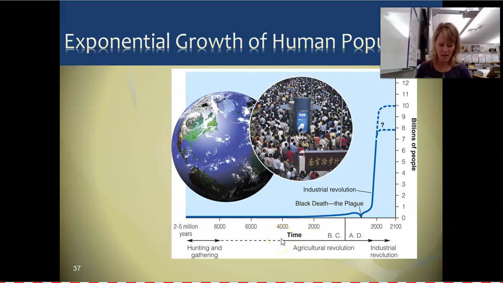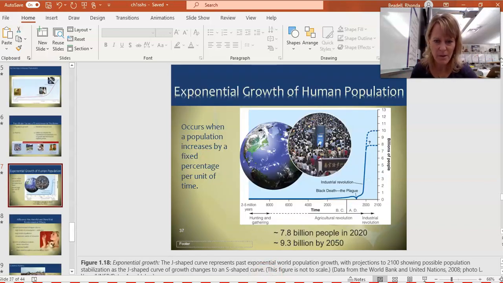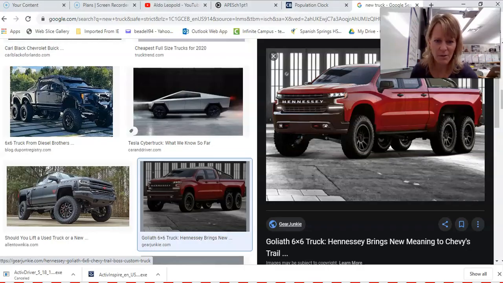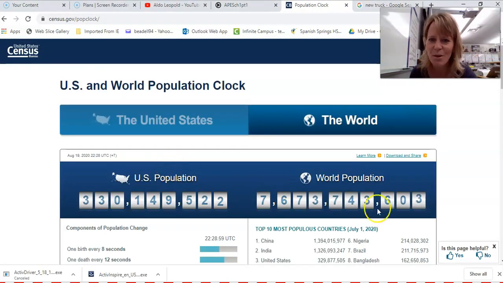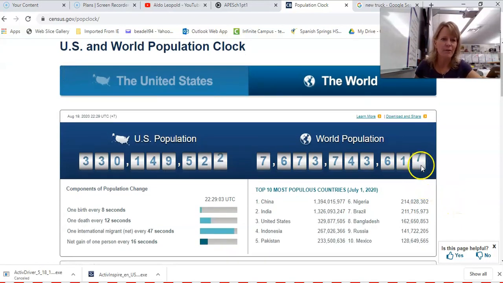And then I also need you to look up what is the current population of the top 3 populous countries. You need to have an idea of what that is. So, me doing you a favor, I was looking up pictures of trucks for you on the PowerPoint too, but here is a world population clock. Boom, boom, boom, look how fast those babies are getting born. And then here in the United States, we're a little slower growing,